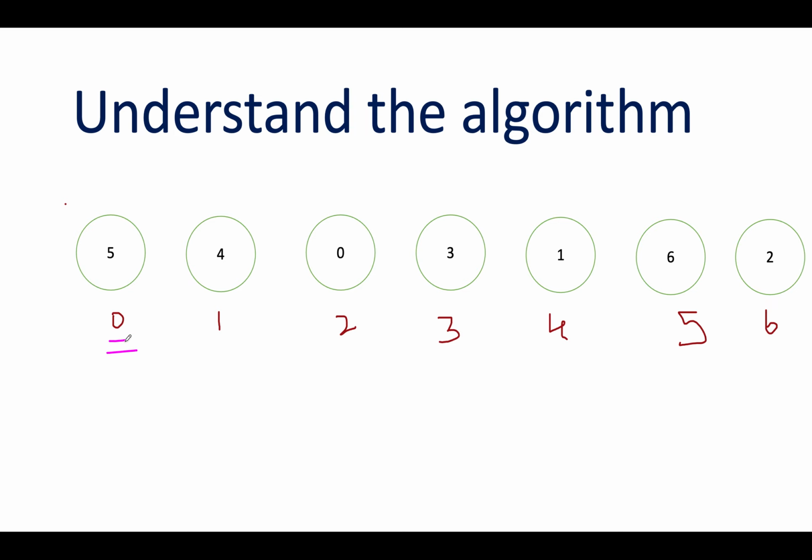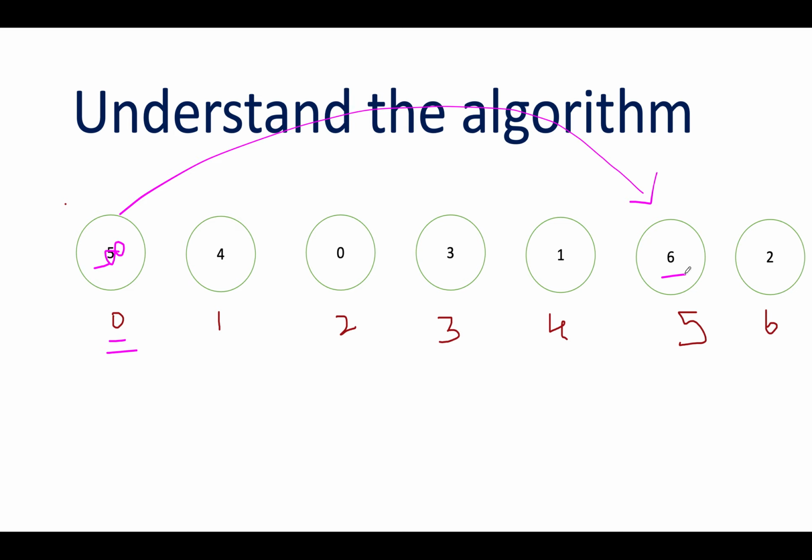Here, what is the value held? The value held is 5. So what am I gonna do? I'll move to the 5th index. Let's move to the 5th index. And for marking the node as visited, I'll update its value to -1 or minus infinity. Let's do it minus infinity. And let's continue the process.